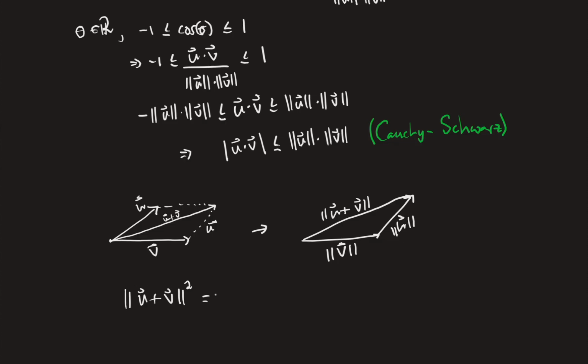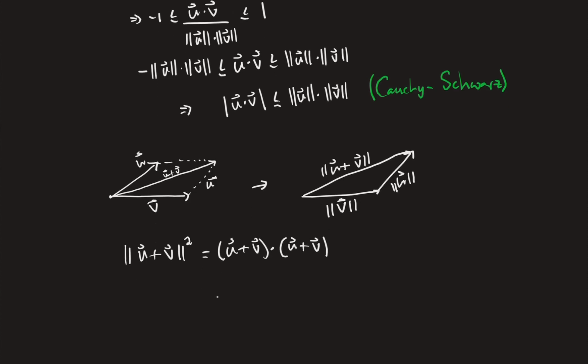So this can be written in a dot product form. So this is the same as u plus v dot with u plus v. Right? No matter how complicated the vector is or the expression that we have for the vector, once we take the dot product of a vector with itself, it's always going to be the magnitude squared. And then again, let's use some previous properties of the dot product. So the distributive property,